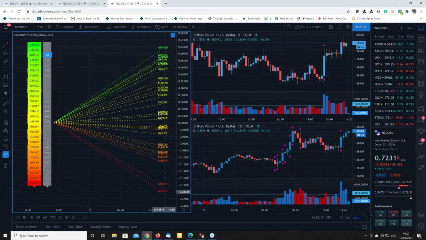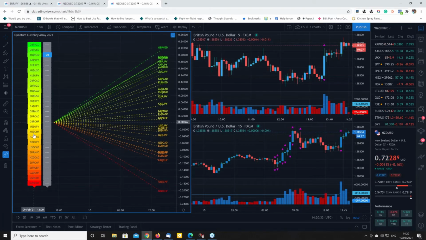Why are they at the top and bottom? Because, as I said earlier, you've got the pound at the top on the CSI, you've got New Zealand at the bottom, and you've got the Swiss franc at the top. That's why those currency pairs have been exhibiting the strongest trend. And they are ranked down here on the currency array. And in addition to that, you can also see here the Swiss franc, that's why we've got this grouping of Swiss franc down here, because the Swiss franc is very strong at the moment, certainly on the sort of